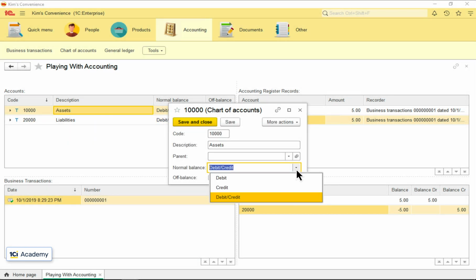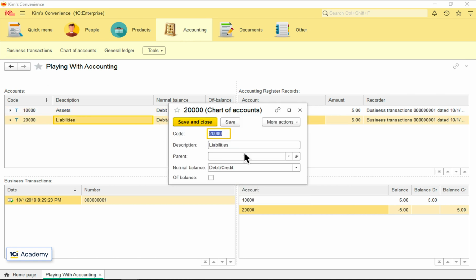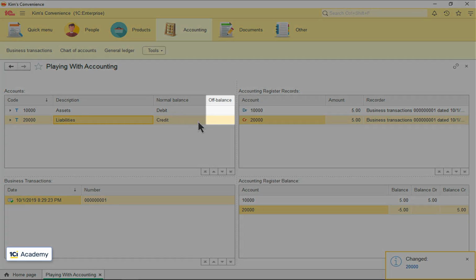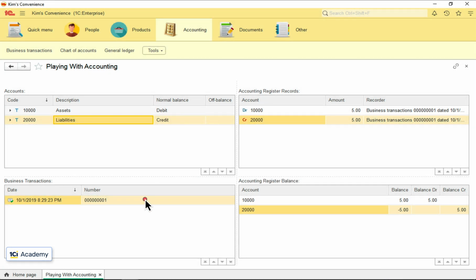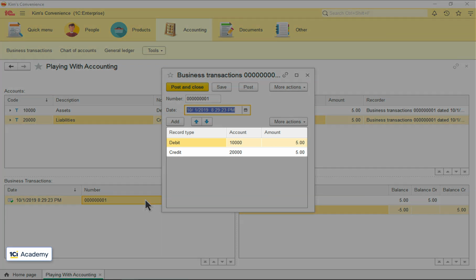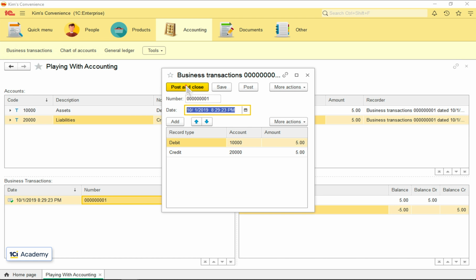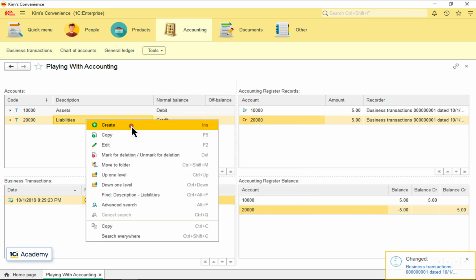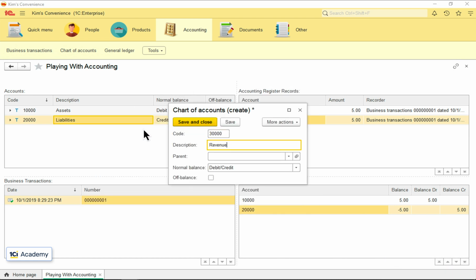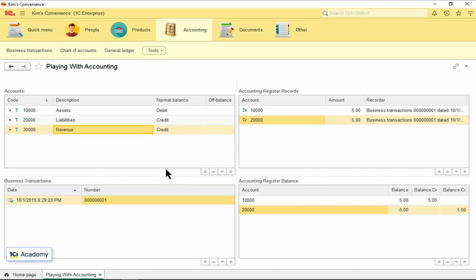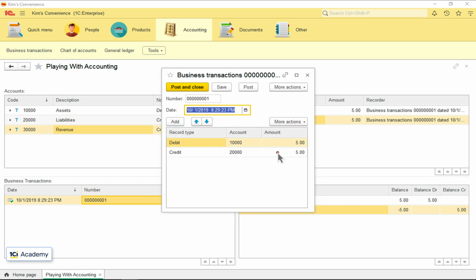Let's turn these two accounts back to debit and credit and see what this off-balance flag is good for. So here is the deal. In our first transaction, we debit the exact same amount we credit. We can add another account and create a transaction consisting of more than 2 records.